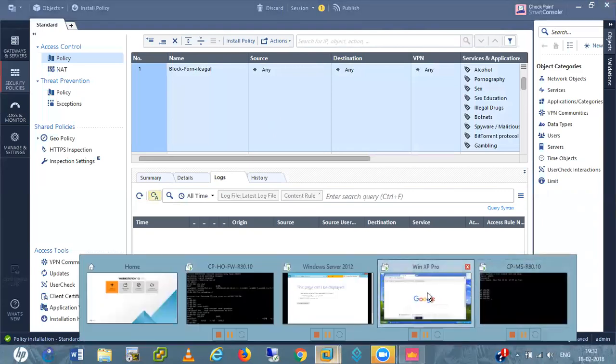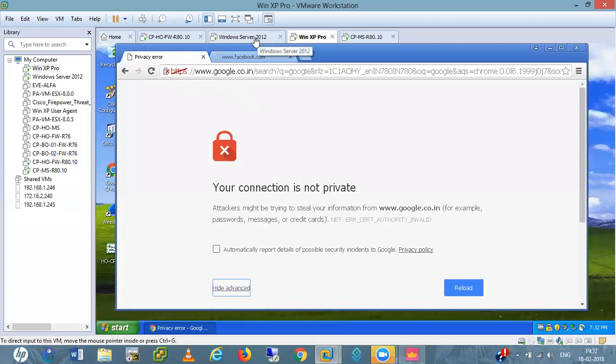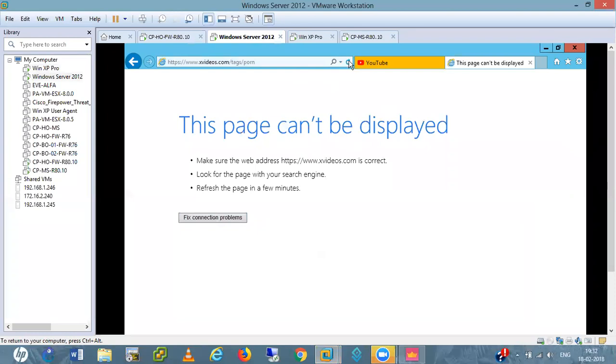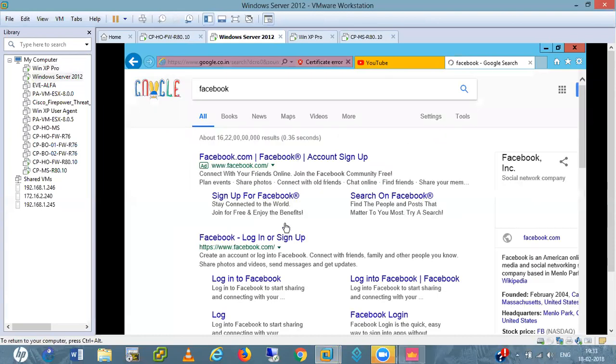If I go to this website again, we are not able to access this website, right? And if I also go to Google again and type any allowed website name, for social network I don't have any policy. If I go into Facebook now,